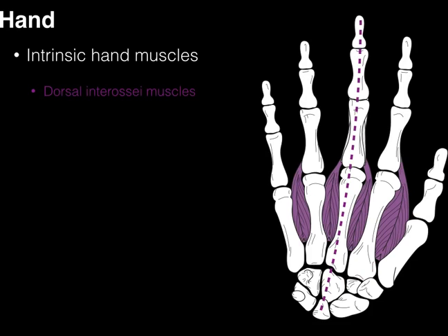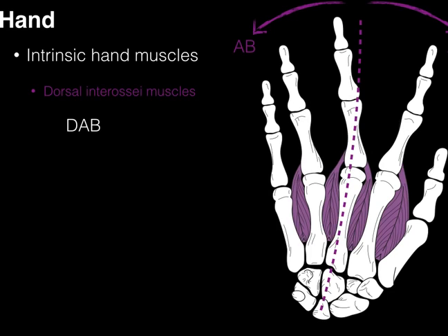And so in purple, we have the dorsal interosseous muscles. There's four of them. That dotted line that goes down the long finger shows what you're using as the midline for what's considered abduction and adduction. When the dorsal interossei muscles contract, they abduct. They pull the fingers away from the midline in this fashion. You'll notice that I didn't show the pinky abducting when I go from here to here, because the pinky has its own abductor in the hypothenar muscles. And so I also put on this page DAB, D-A-B, because the dorsal, D, interossei muscles abduct, AB,